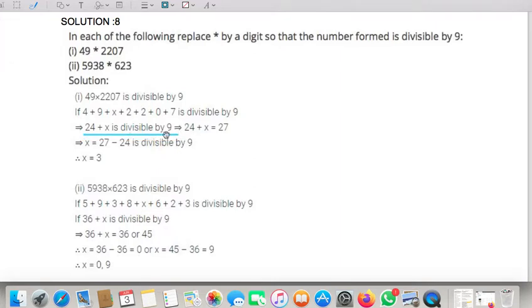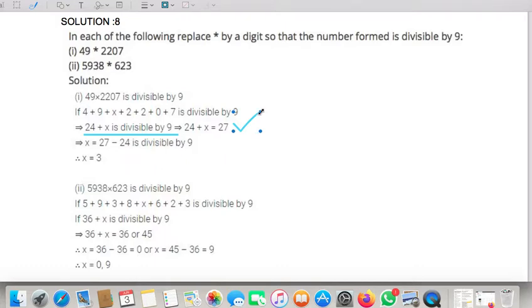So now, of course, I cannot equate it to 9, my dear students. Do you know why? Because the sum of 24 and x, on adding some value to x, we get a sum of course more than that only. Now 9 ones are 9, 9 twos are 18. What is more than 24? 9 threes are 27. So 27 is the first value, if I see the table of multiples of 9, for which I get a multiple divisible by 9.